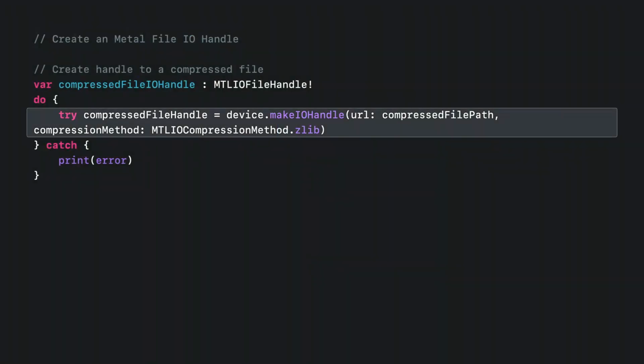For example, this code uses the Metal device instance to create a file handle by providing the compressed file path to the makeIOHandle method I covered earlier. For compressed files, an additional parameter is the compression method. This is the same compression method you used at the time of creating the compressed file.